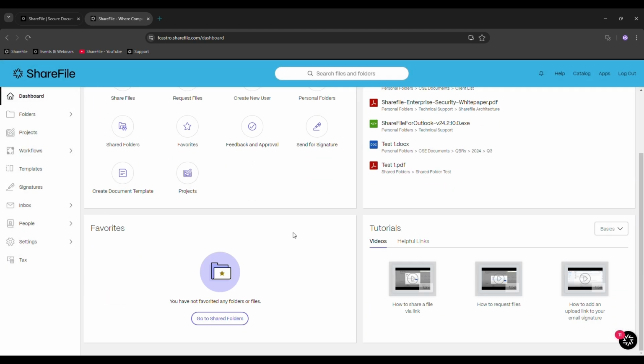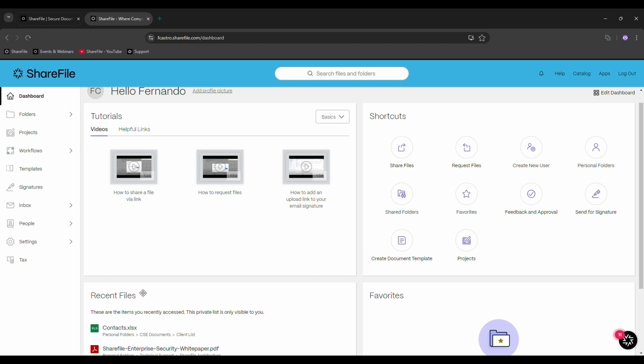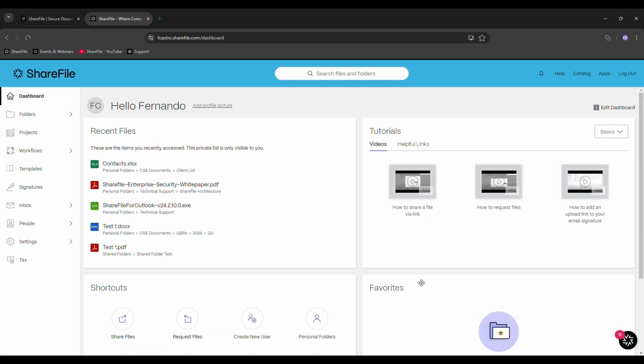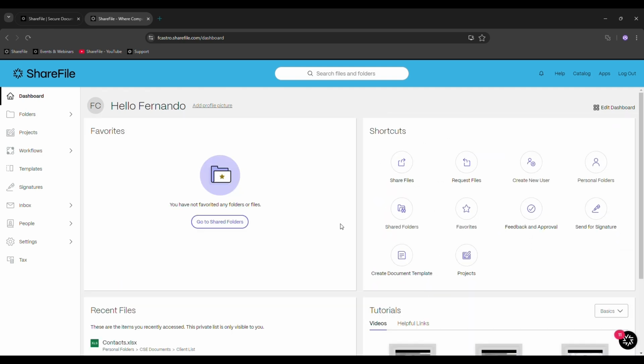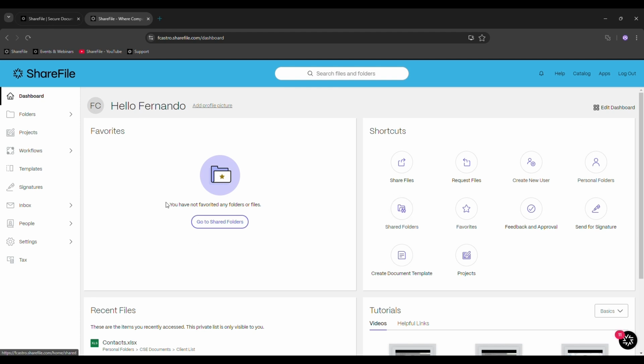Once I do that, as you can see, favorites and tutorials are listed here, and I can play around with the order as well. I can just move the way they are listed in here by just dragging and dropping to a different section of the page. So what is important to take into consideration here is that, for example, favorites is going to be the list of all the files that you have marked as favorite. I'm going to show you an example in a minute.